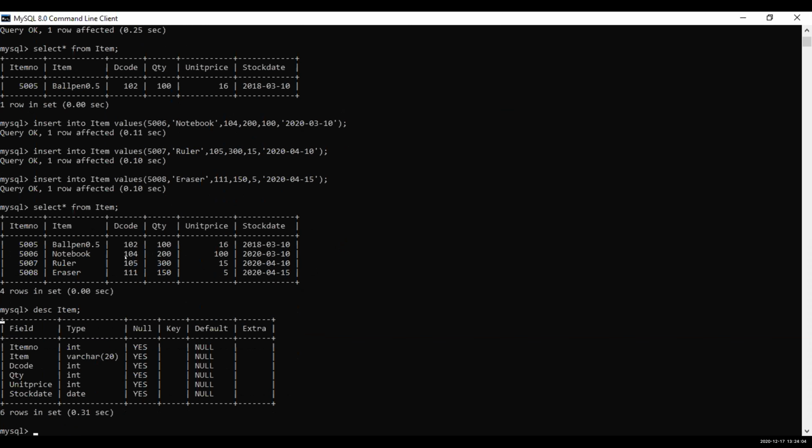Now the question to Krishna Chandran. You have to write the query. The question I will tell you. Display the item details whose unit price is 100. Details of items which have a unit price of 100.